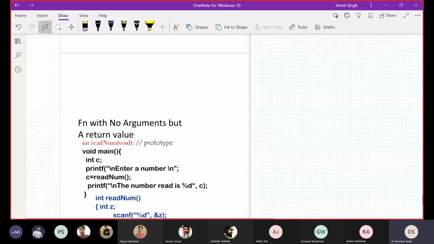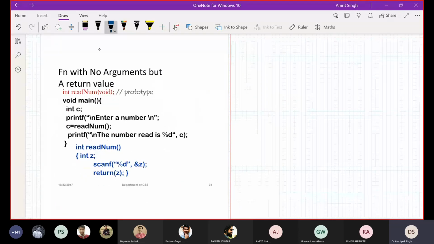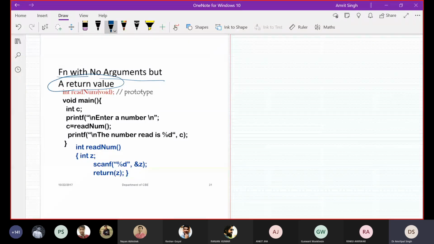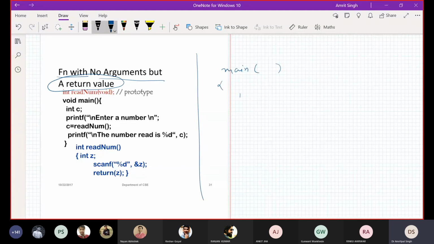Now come to the function with no argument but a return type. Which kind of function can you write in this manner? When, let's say, you want to read some input from a function and then return it to your variable. So let's do it like this. Main int a is equal to read.